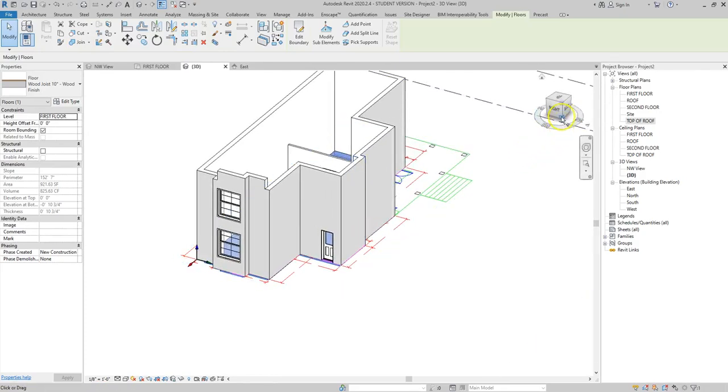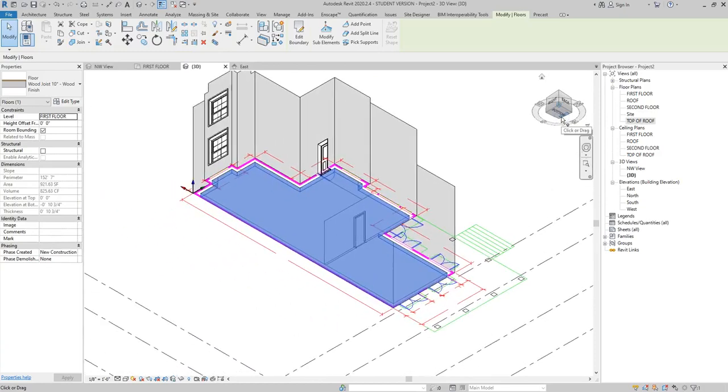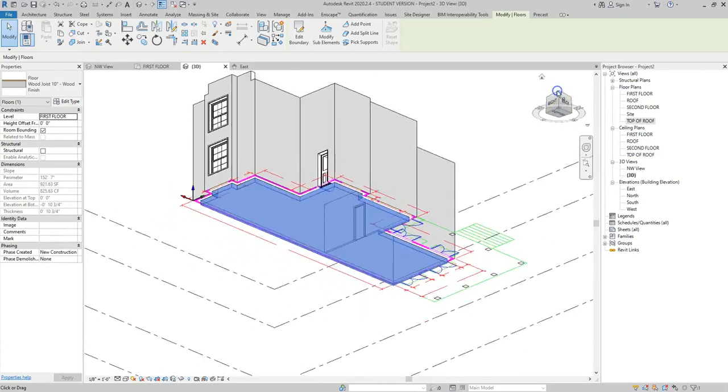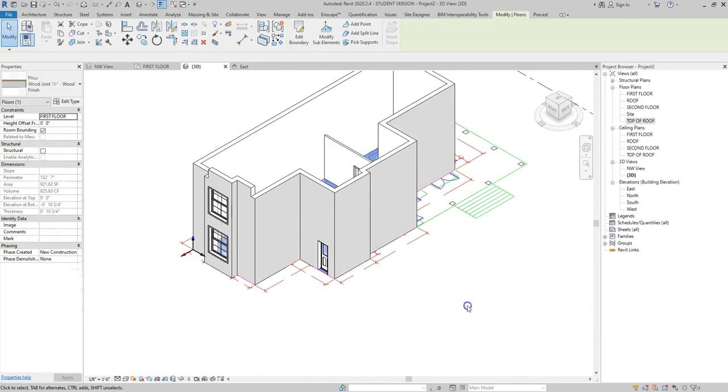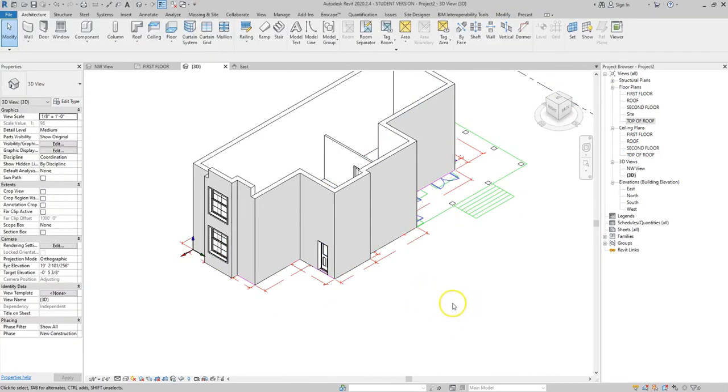We can also click on the bottom of the cube and it shows us a worm's eye view. And then we can also add a section symbol and look at it as a section. We're going to look at that in another tutorial, so we won't do that right now, but those are the various options we have. So I want to make sure that I save,